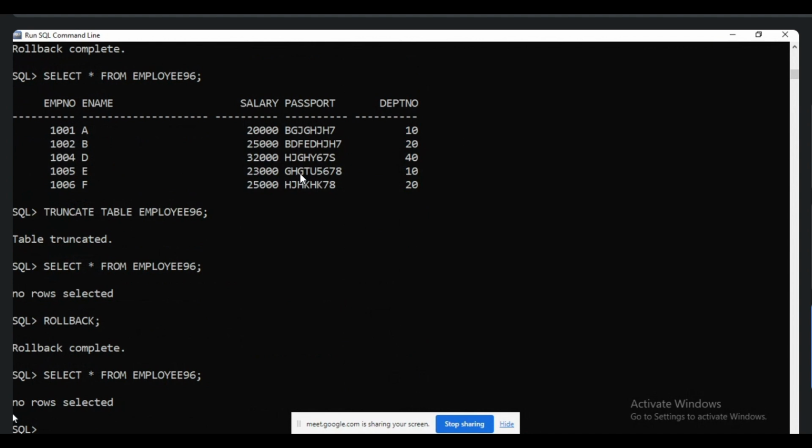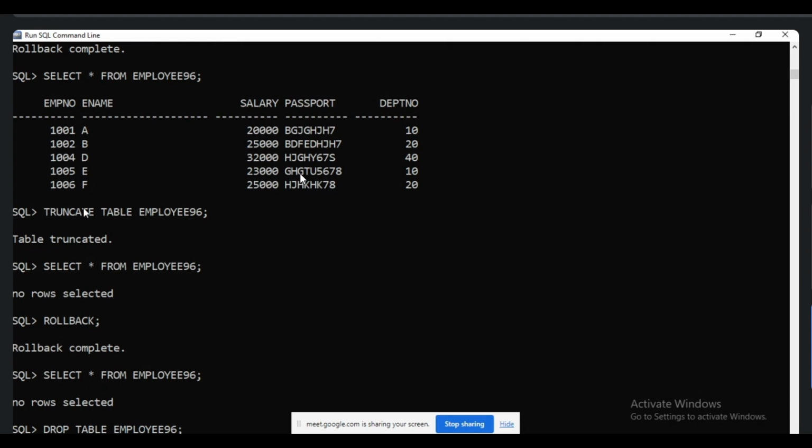So next is drop. We were dropping a specific column. If you want to drop the table also, here there is no data, we only have the table structure. I want to drop the table structure with data. If data is there, data and table structure both will be dropped. Drop table employee. It will drop the table structure with data. Here we have table structure only, so the table structure will be dropped.